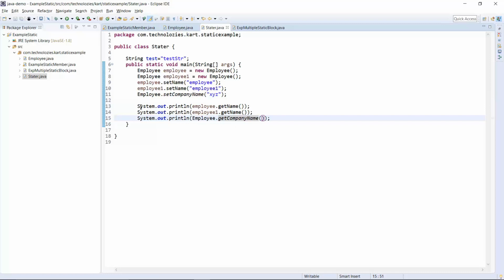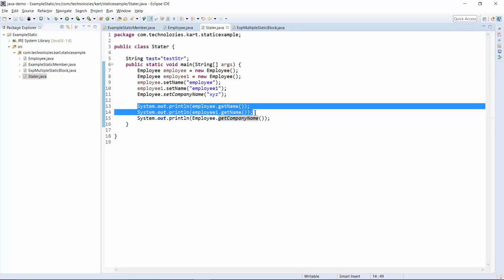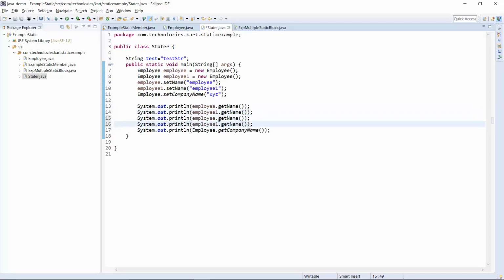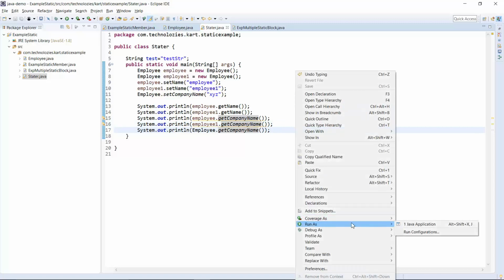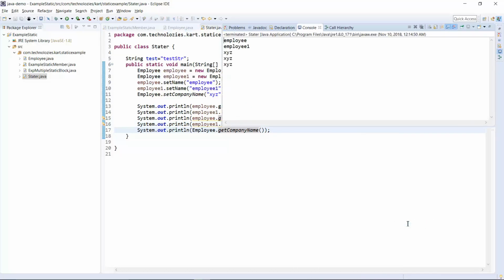Or we can also call getCompanyName with the object. I'm trying to run this. I have found that whatever I have set into the employee, it is printing over here employee as the name, and the company name